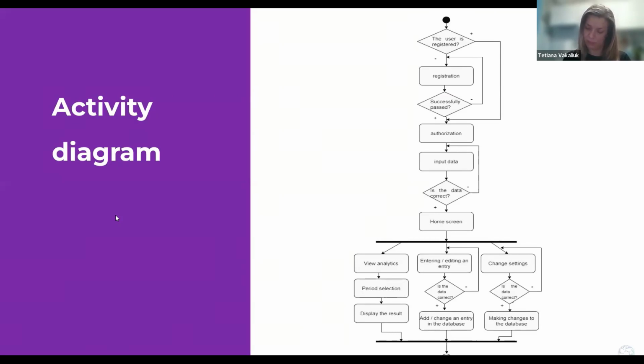The data entered by the user when making changes to the settings or when working with diary entries are entered into the database. On the main screen, it is possible to add a new diary entry by clicking on the corresponding button. On the open modal window with the form, current time and date are passed. After the user enters the data, validation and synchronization with the database are performed, and the user is redirected to the home screen, and methods are called to update the statistics based on the entered data.